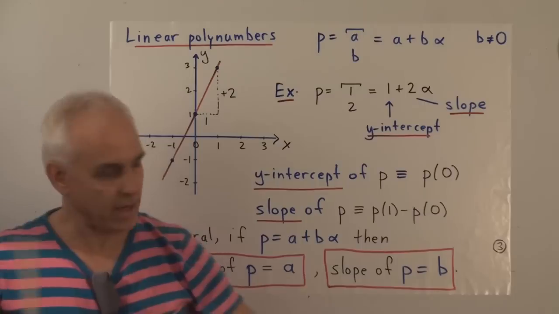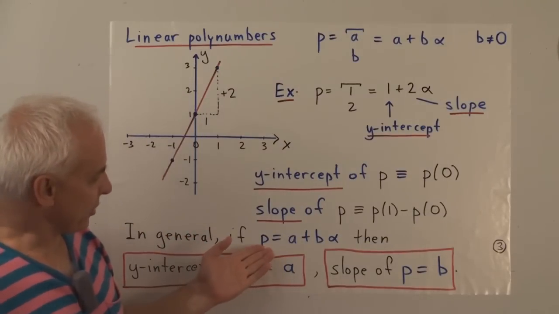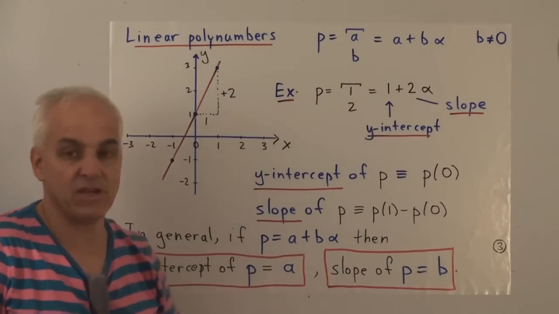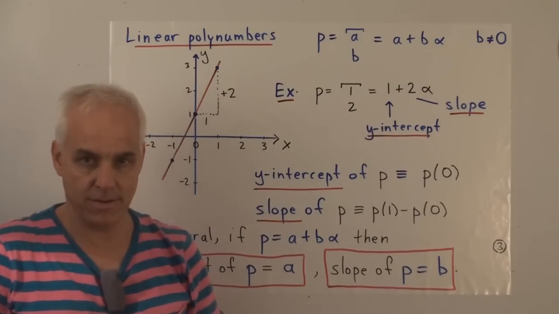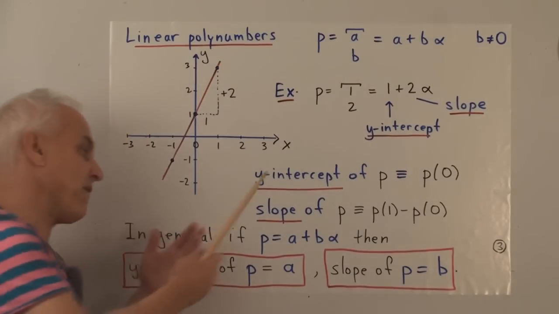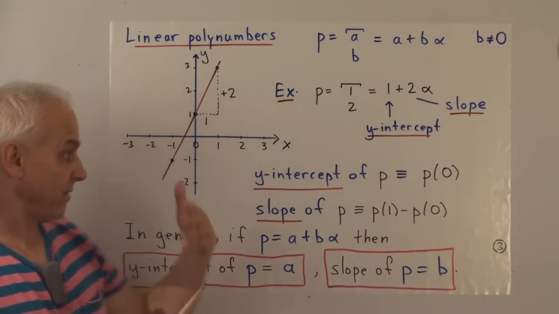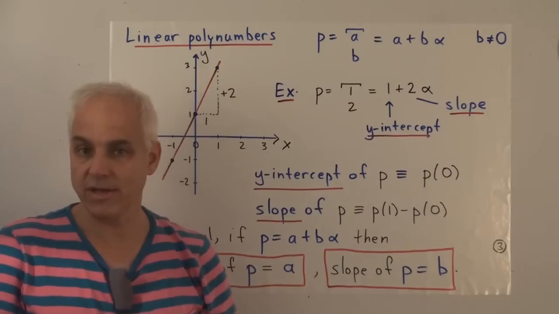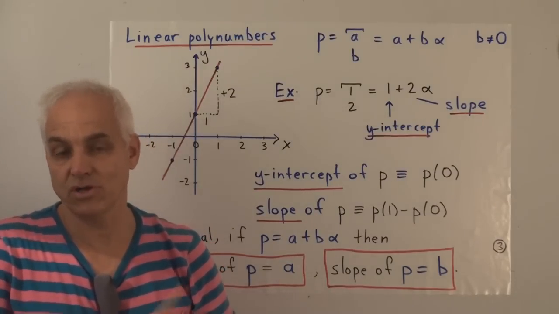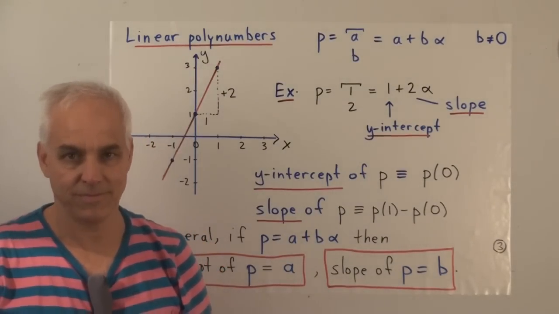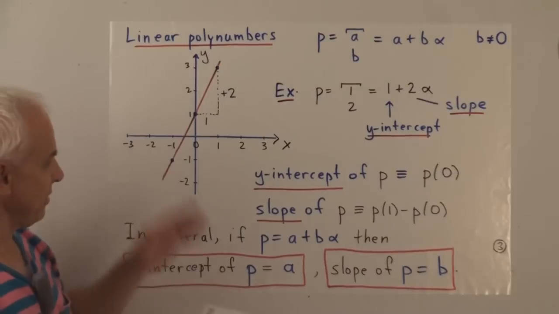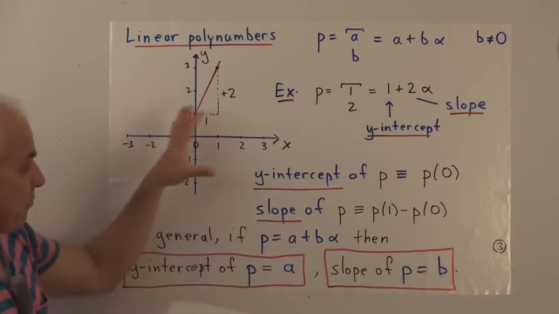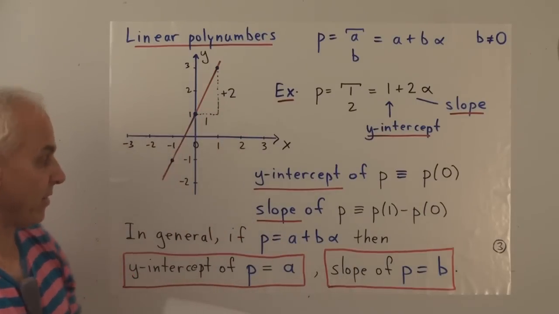So it's sort of interesting that originally when we were studying polynumbers, we didn't really think of these coefficients as having geometrical meaning. Now we see that when we're graphing these polynumbers in this fashion, these numbers do have a very natural and useful geometrical interpretation. That's pleasant for us because we are visually oriented and we like to work with lines. Lines are very important kinds of mathematical objects.